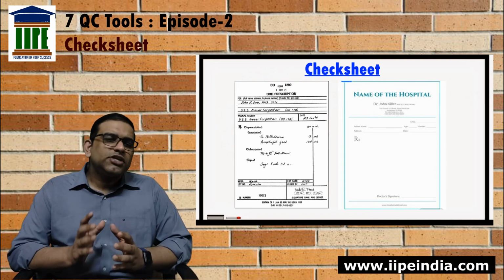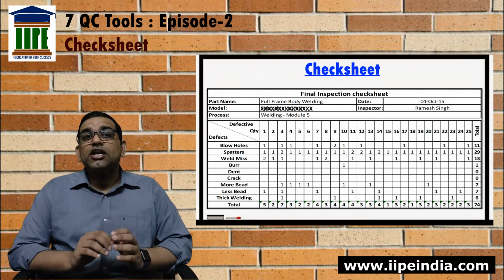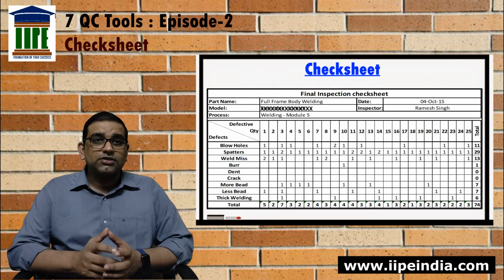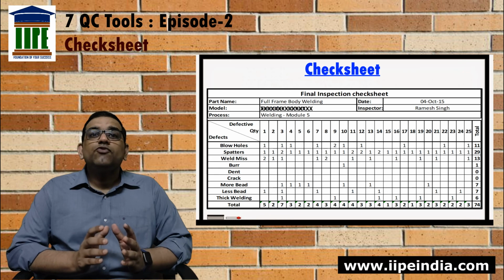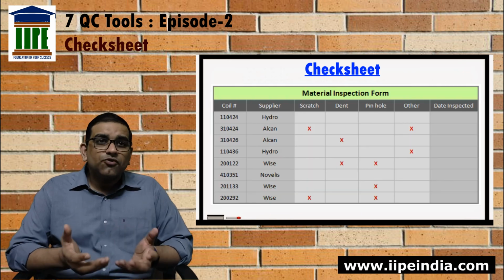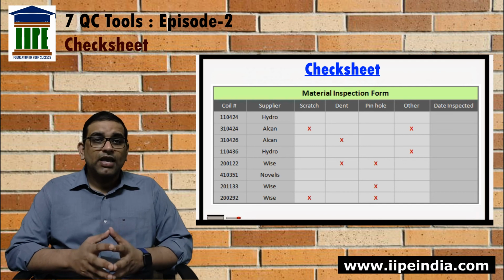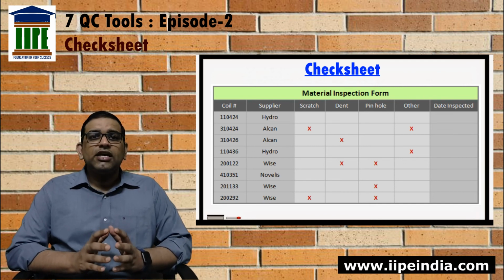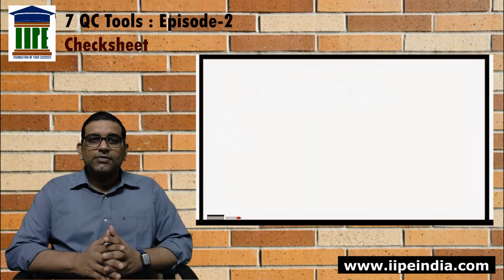One important thing about check sheet is that the format and structure of the check sheet depends on the requirement of the specific industry or specific process or maybe the product. This means that what all data you want to capture, what sort of analysis you want to do, based on that you have to design your own check sheet. This is one of the reasons that the format of the check sheet is found different in various industries. That's it for now.